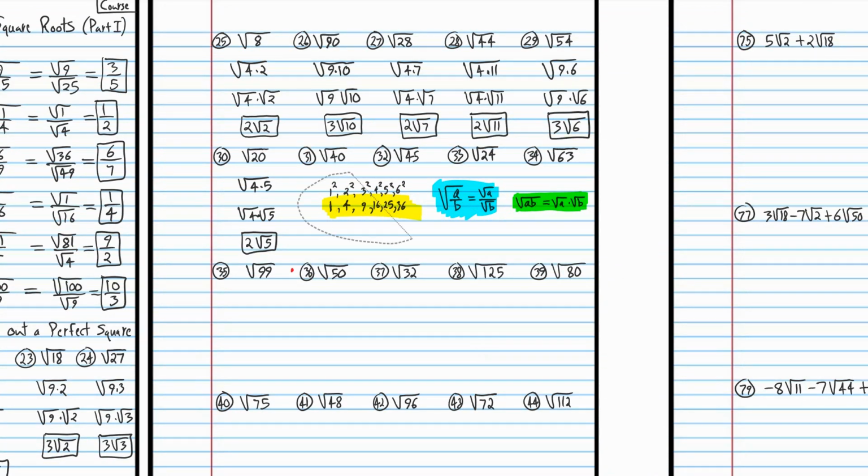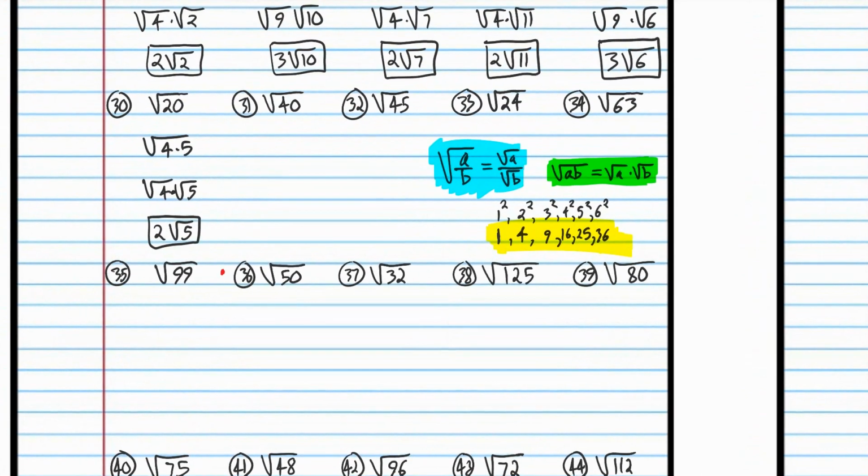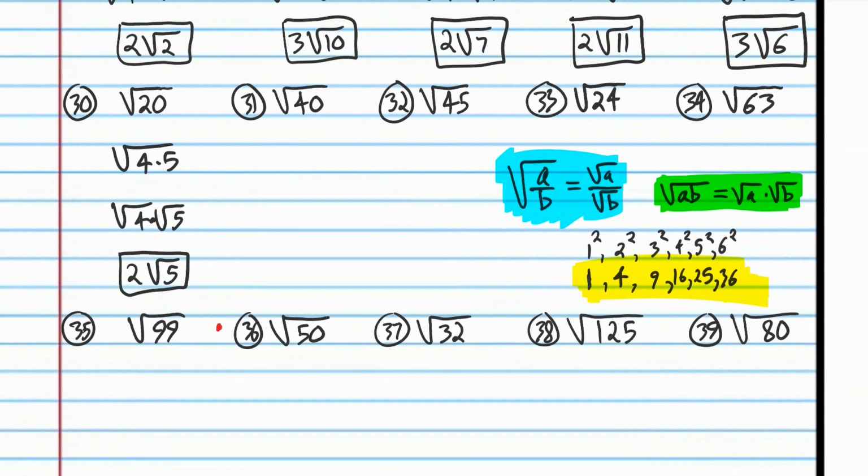All right, so let's see if you can try number 31. In fact, you know what? Let's try number 31 together. I want to demonstrate a point here. So we could try 5 times 8. But the problem is it would require 2 steps, like I was demonstrating on problem 29. So we don't want to do that one. We don't want to do 5 times 8 because we have a number that's not a perfect square, and we also have another number that's not a perfect square, but this number contains a perfect square if you factor 8,